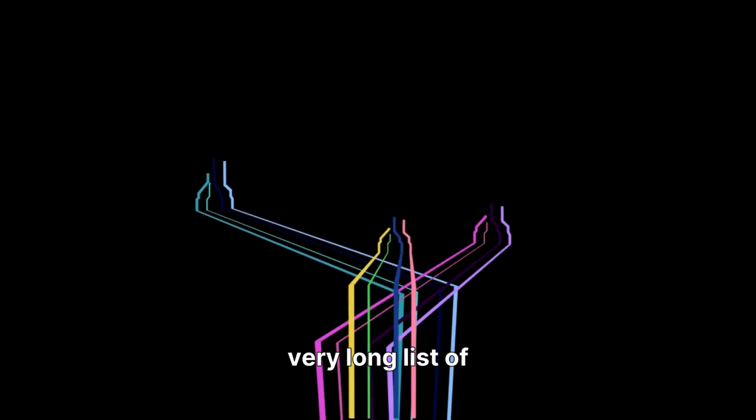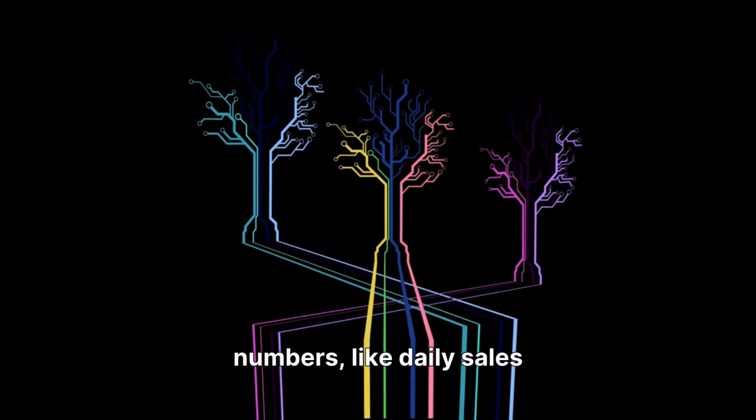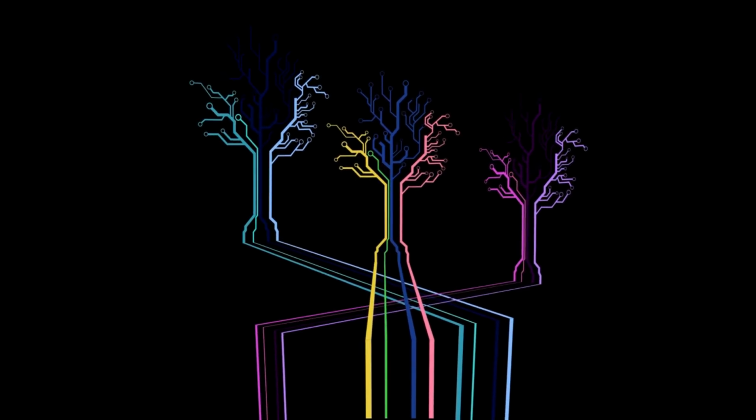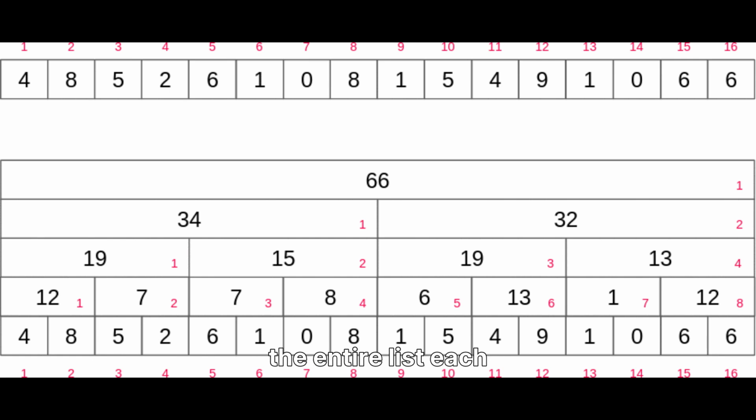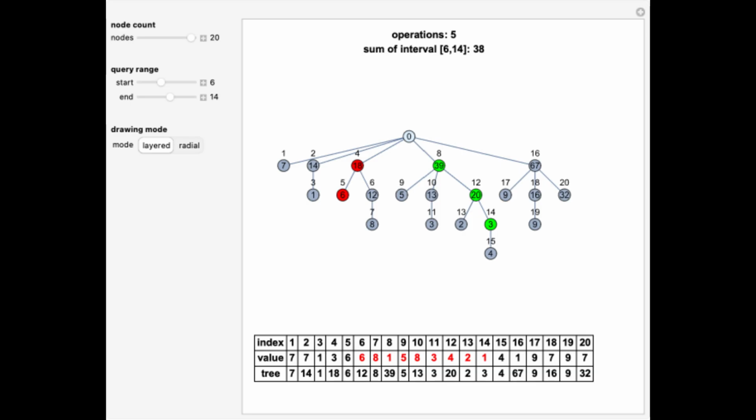Imagine you have a very long list of numbers, like daily sales totals or player scores. Now imagine needing to answer questions like, what is the total of the first 1,000 items? Or what is the sum from item 300 to item 700? If you walk through the entire list each time you needed a sum, it would be very slow, especially if the list updates frequently. You need a data structure that can quickly update individual values and quickly return totals over